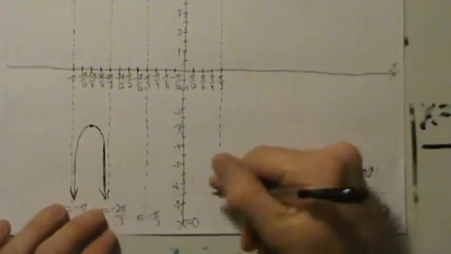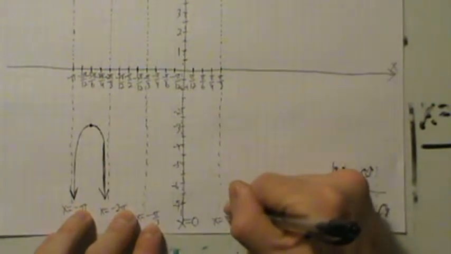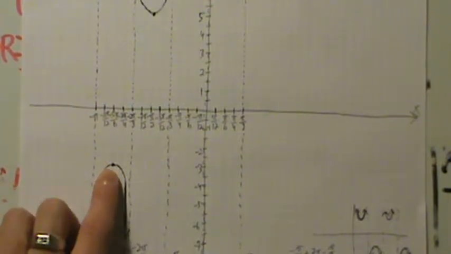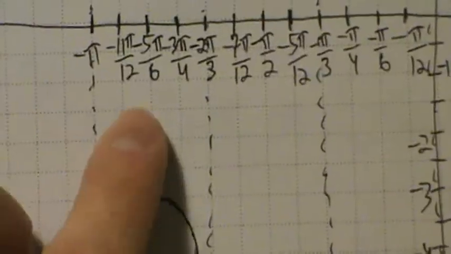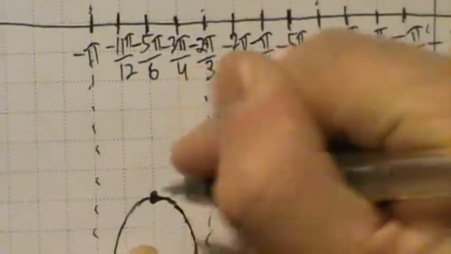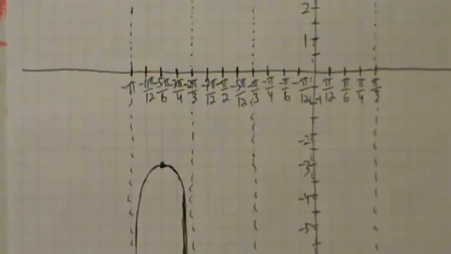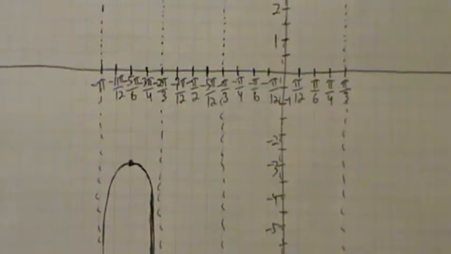Okay? So if we have a vertical asymptote here, we're going to have another one, 2 pi over 3 units to the right, which is right here at x equals pi over 3. All right, and now, again, we can take negative 5 pi over 6. Negative 5 pi over 6 is the x-coordinate at this point here. We can add 2 pi over 3. Okay, if we have to show work, we can do it like that, negative 5 pi over 6 plus 2 pi over 3, and we'll get negative pi over 6. Or we can just kind of look at the graph here and say, okay,